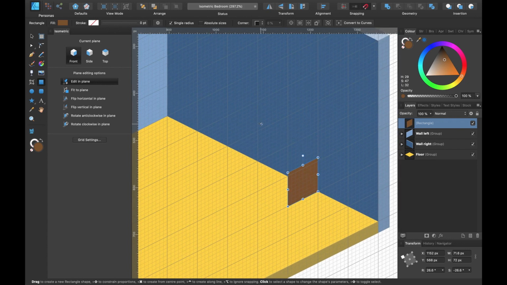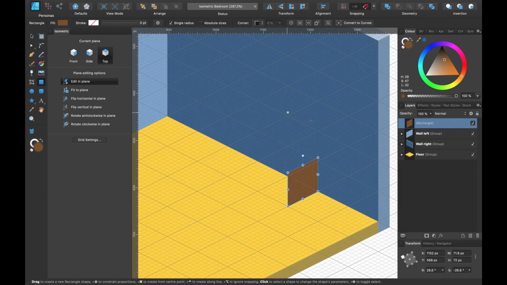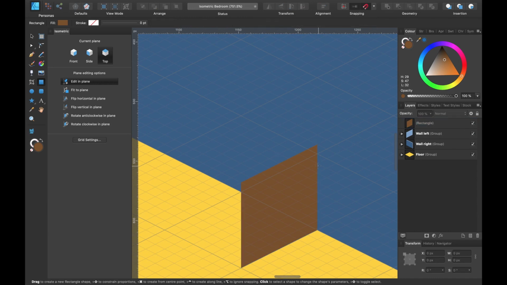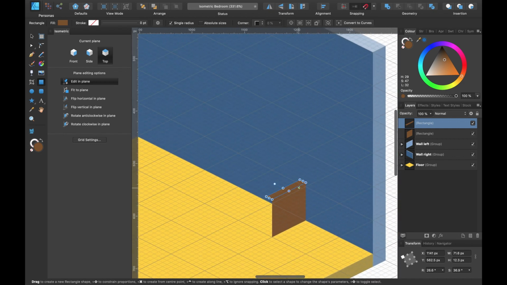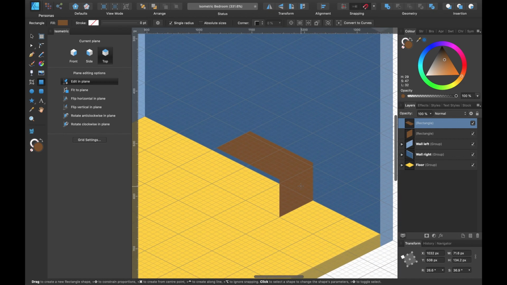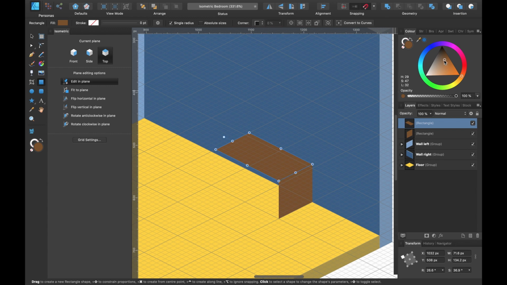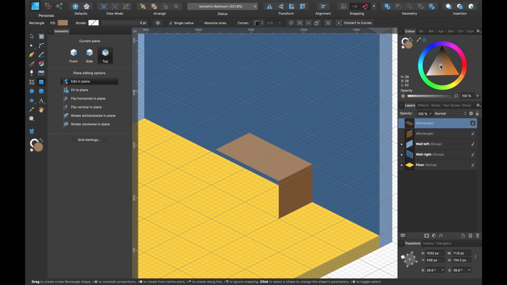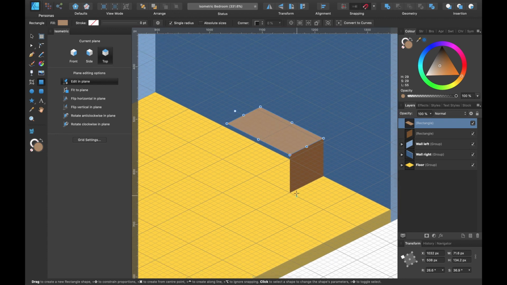And I want to create the top of the desk. So I'll click on top plane, click on escape to stop highlighting that. And I will drag out to around here and click the handle like we've been doing the whole time. And this one should be a bit lighter if the light source is coming from above. So I'll just put it to about here.